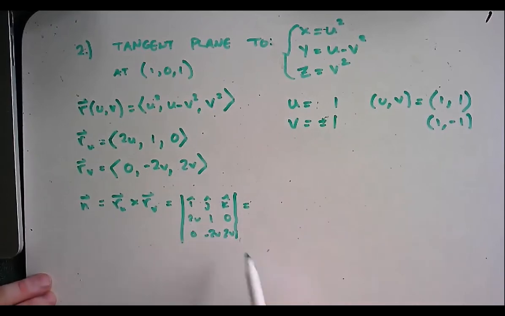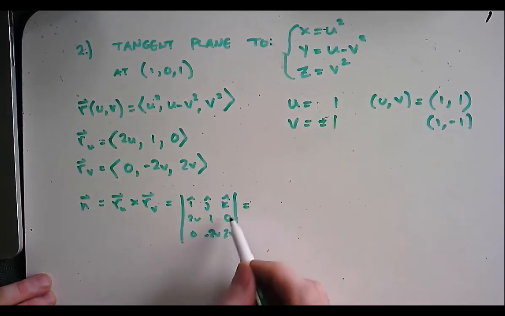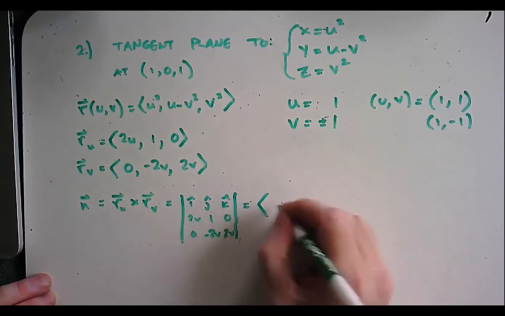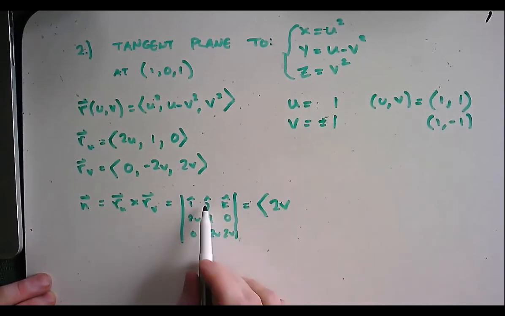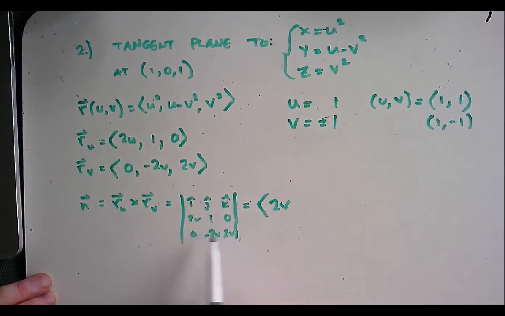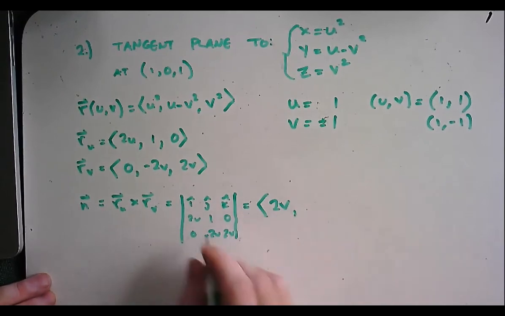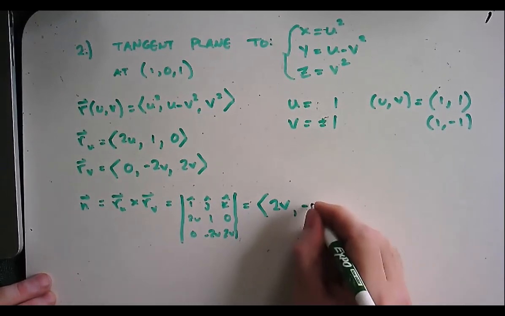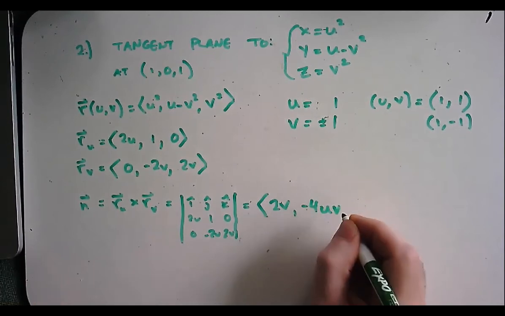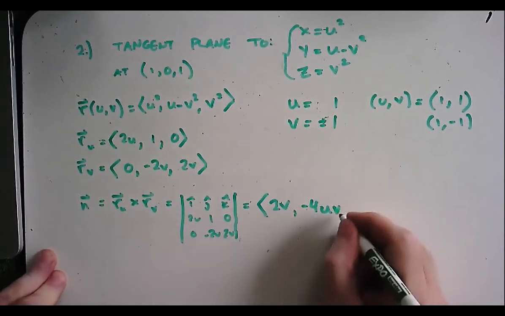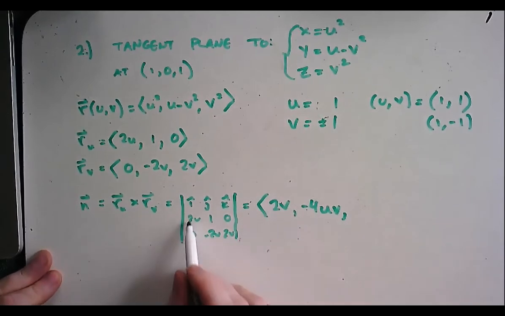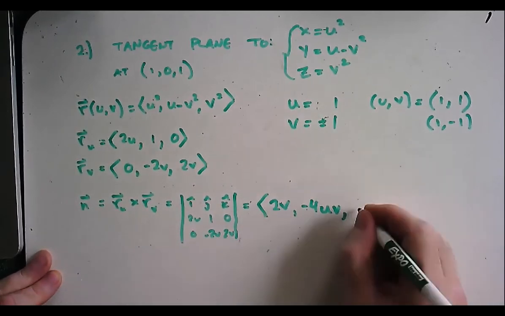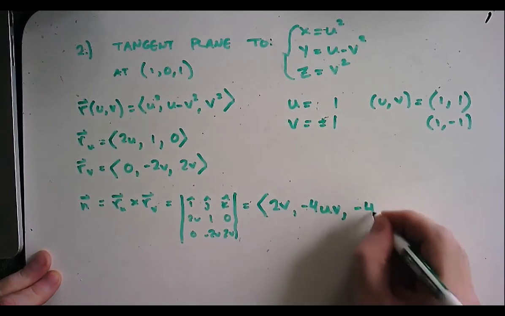Okay, so in the direction of i, we have 2v minus 0. So we just have 2v. In the direction of j, it's going to be negative, and then we have 4, I can't even read what I put there, that's 2u times 2v minus 0. So given the negative sign there, we'll have negative 4uv. And then for k, we're going to have 2u times negative 2v minus 0. So negative 4uv